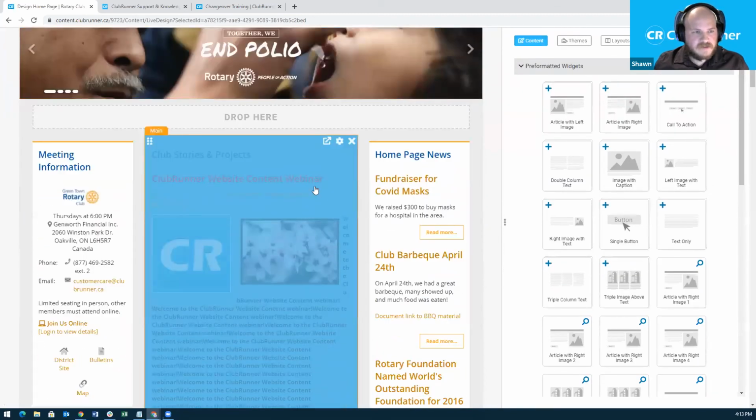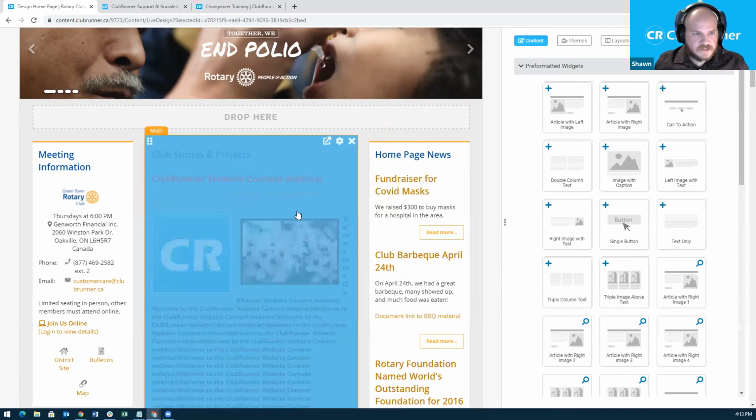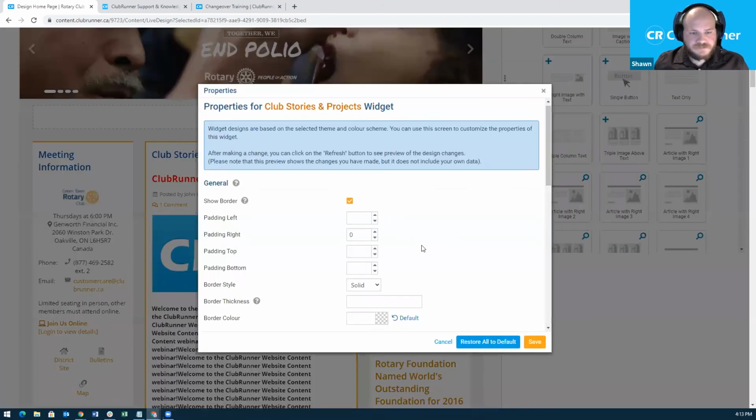And we have here on the main section, the stories widget. And then on the right, we have the news widget. So first thing we'll take a look at is the stories. So in terms of formatting, if we click this little gear icon to open up the stories properties, and we